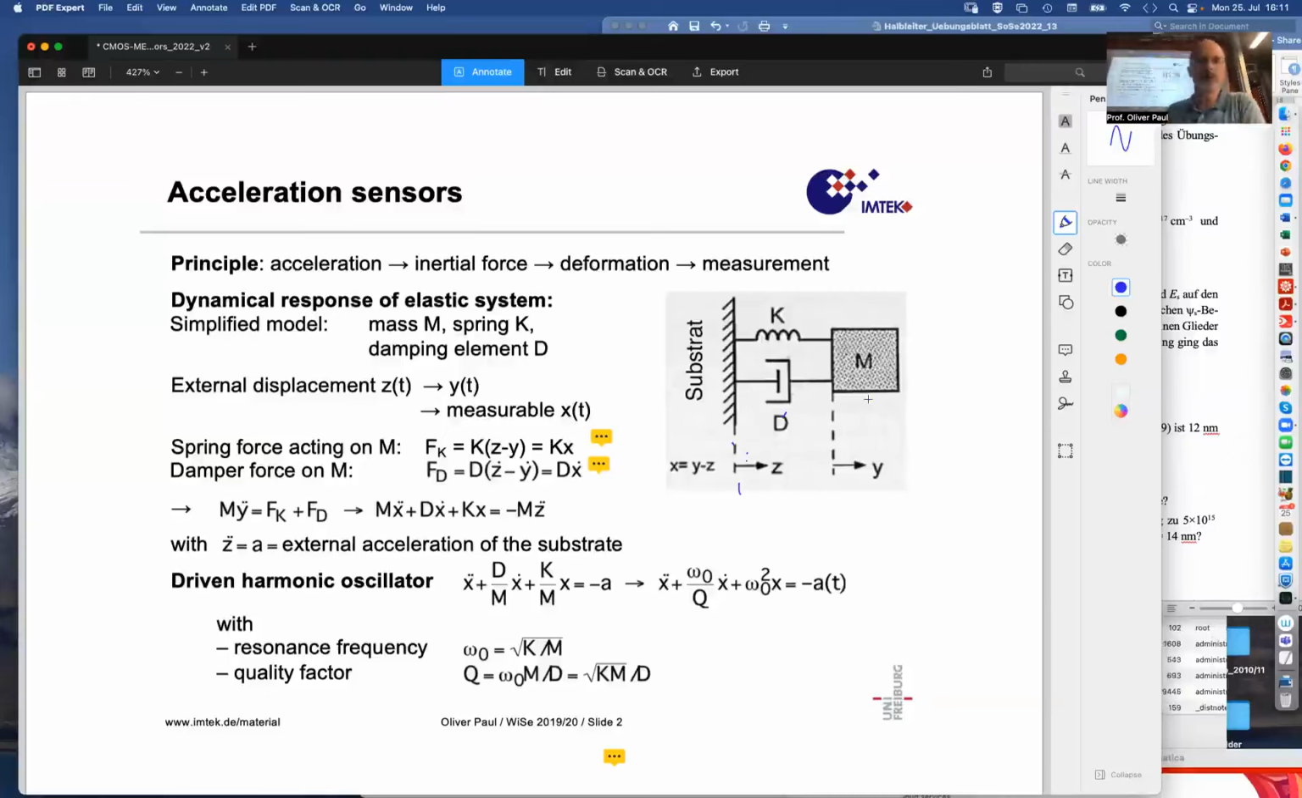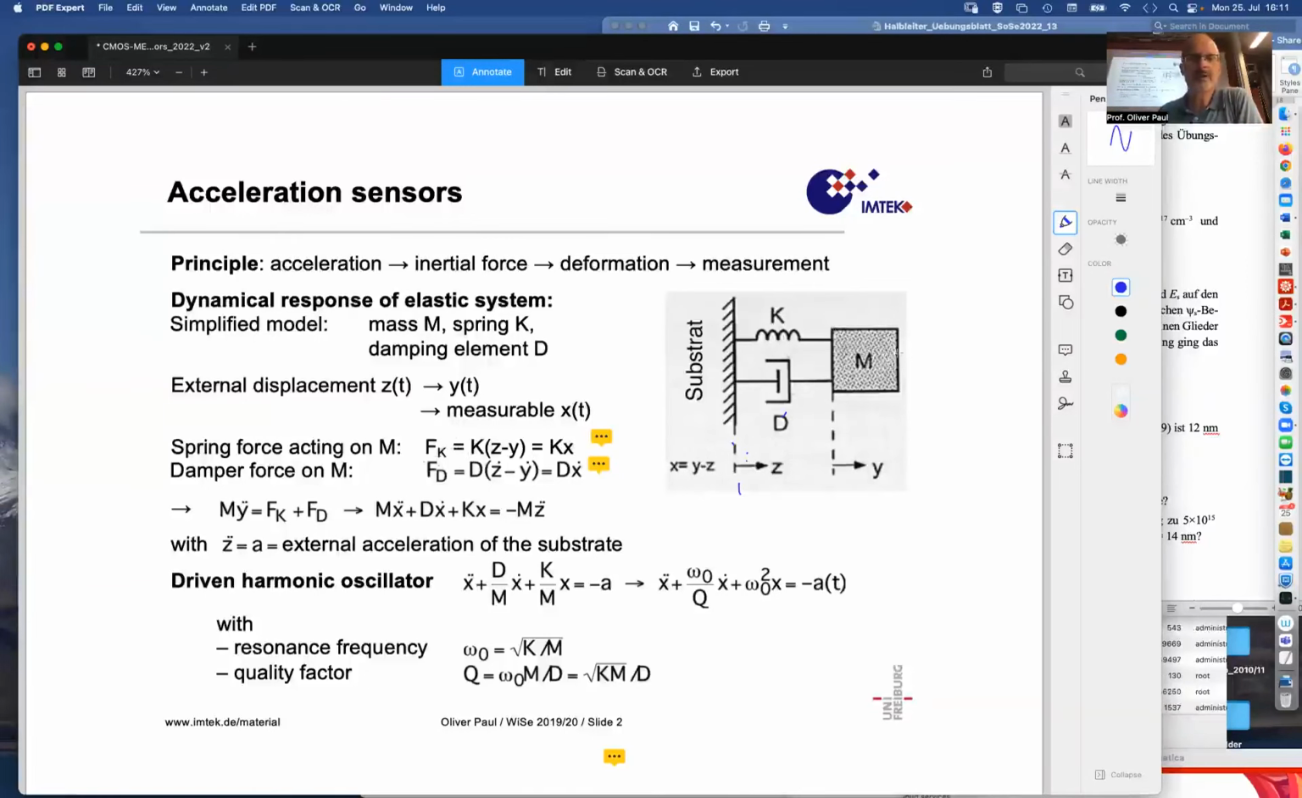And so what happens here? This relative position of y with respect to z needs to be measured. So x we call the difference y minus z. If y minus z is positive, it means that the spring is elongated. If it is negative, it means that the spring is compressed. And so the spring force